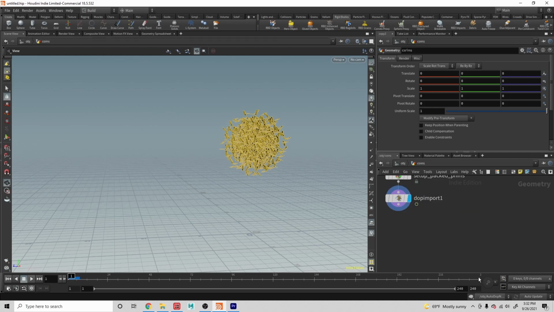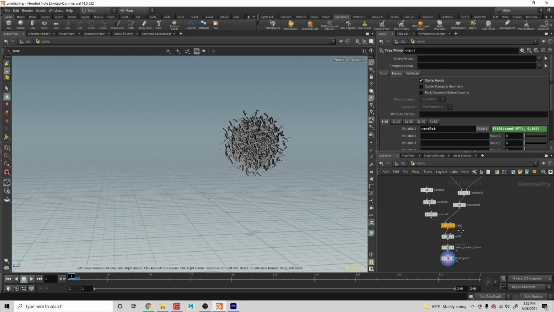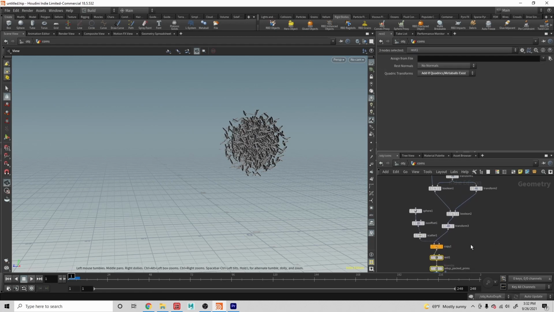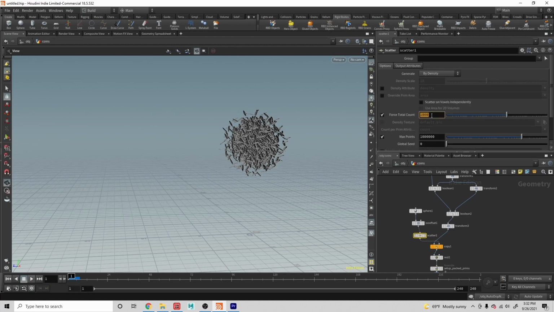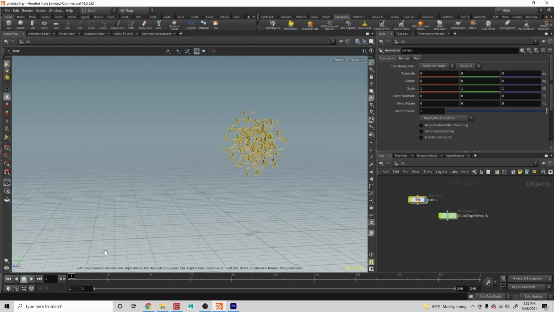I'm going to go to the coins here, and you can see that that added all of these nodes here. I'm going to go to the scatter, and let's make this 100 coins. 200 coins. There you go. That's enough. Okay, and let's see. This should calculate much faster. There we go. It's calculating out, and